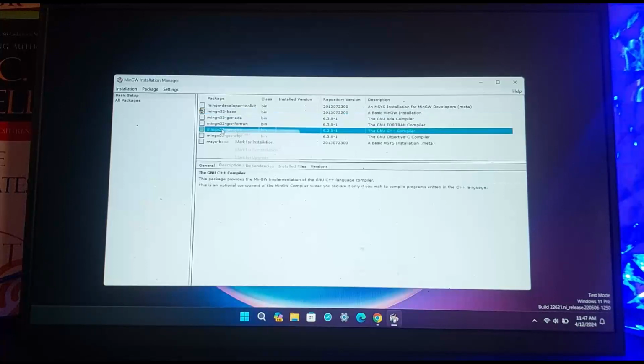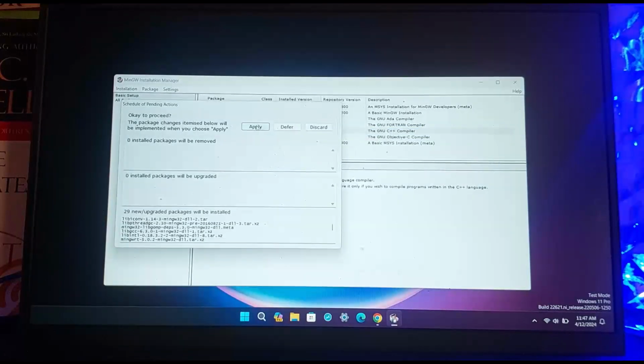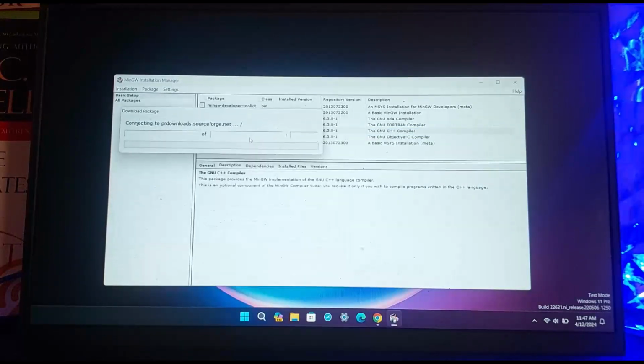As you can see, you want to right click again and mark for installation, and then you want to click on the Installation option at the top of the screen, and then click on apply changes, and then click on apply. So now it will take some time, and once it's done,